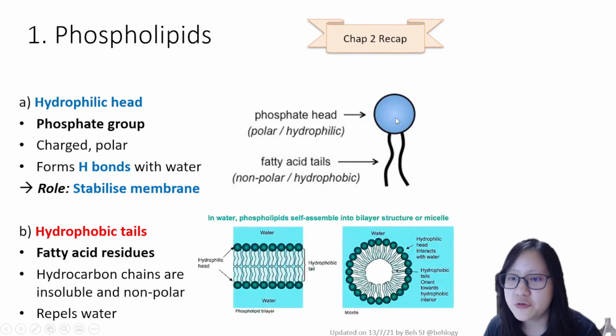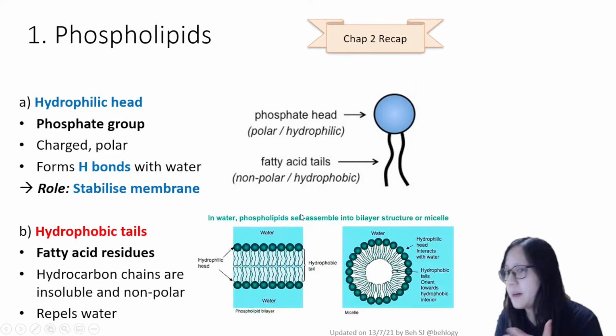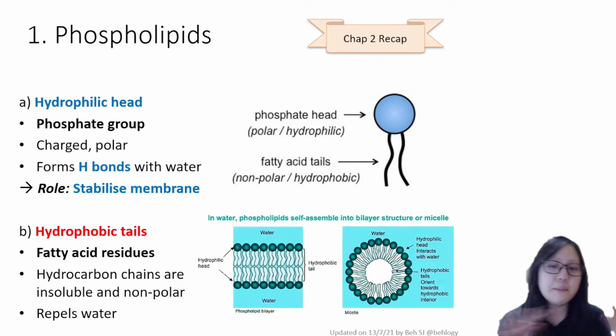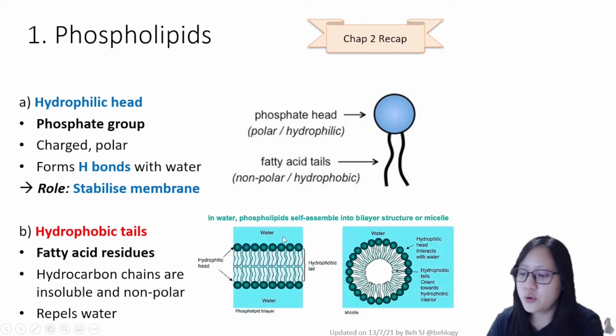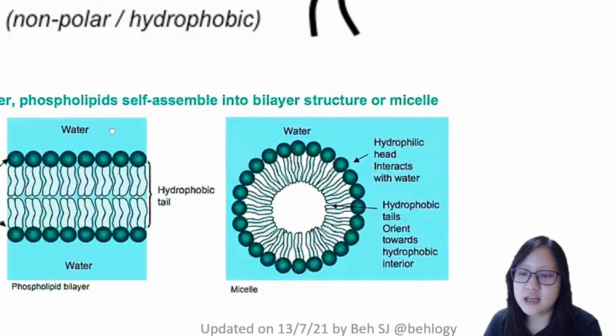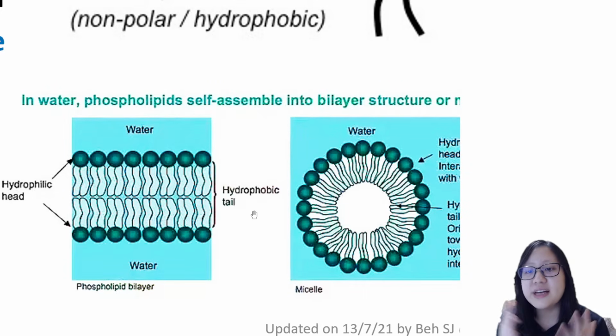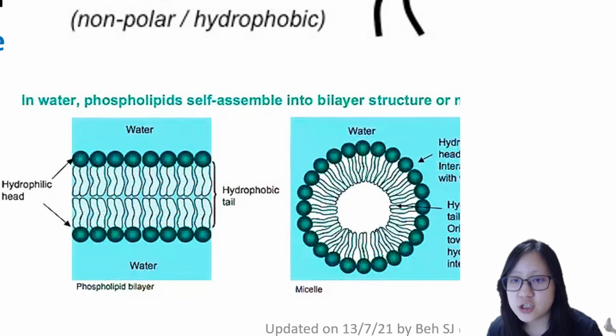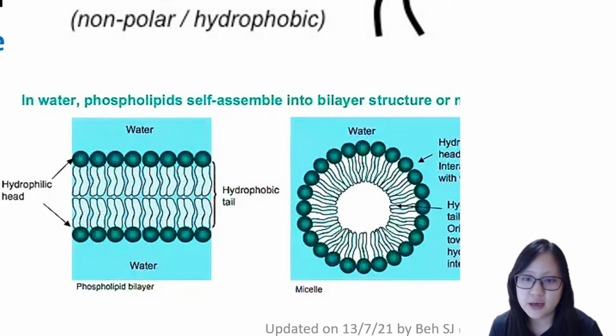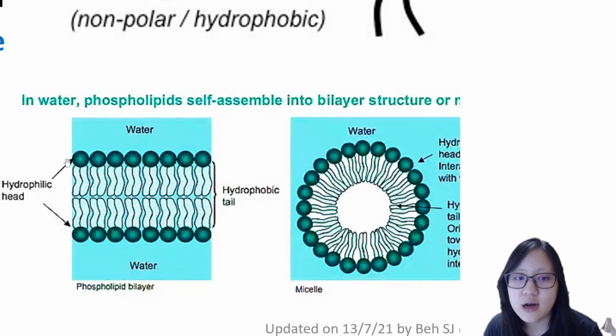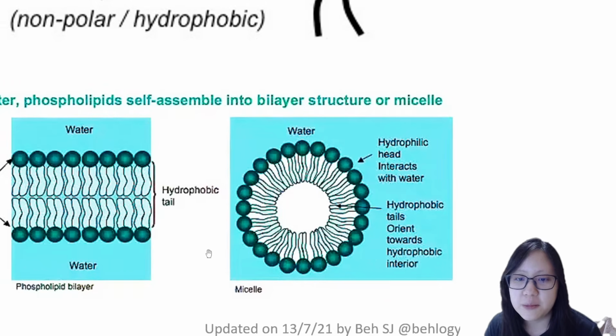Now, because of this hydrophilic head and hydrophobic tail, if you take just a bunch of phospholipids and you dump them into water, they're going to give you a few arrangements, and the arrangements would probably look something like this. The phospholipids would self-assemble because of their nature. Hydrophilic head, hydrophobic tail, right? Because of their nature, the hydrophobic tail is going to point away from the water. The hydrophilic head is going to point towards the water. So you could form a bilayer like this, or if there are too few of them to form a bilayer,